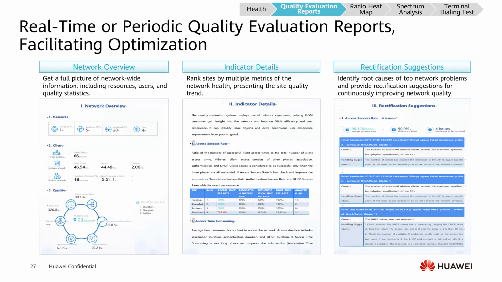And CampusInsight also provides professional evaluation report services, and especially the network quality evaluation reports on the network overview, indicator detail, and rectification suggestions are generated in real time. So you can just download the health report from CampusInsight. It will contain these three kinds of information about our